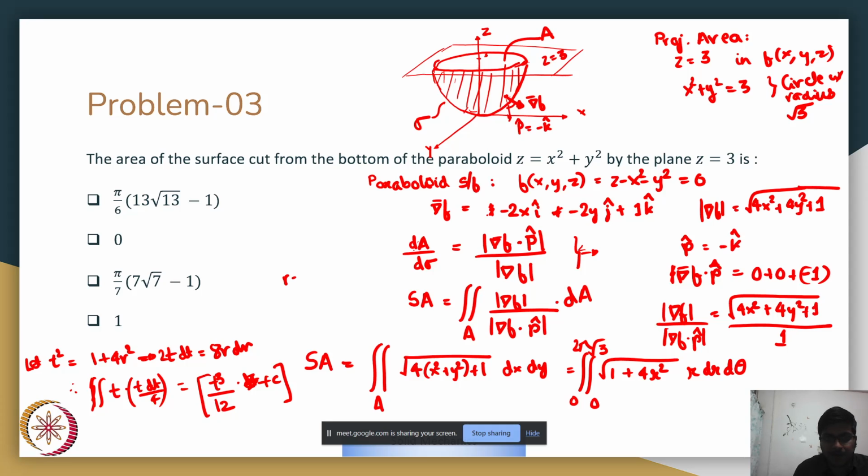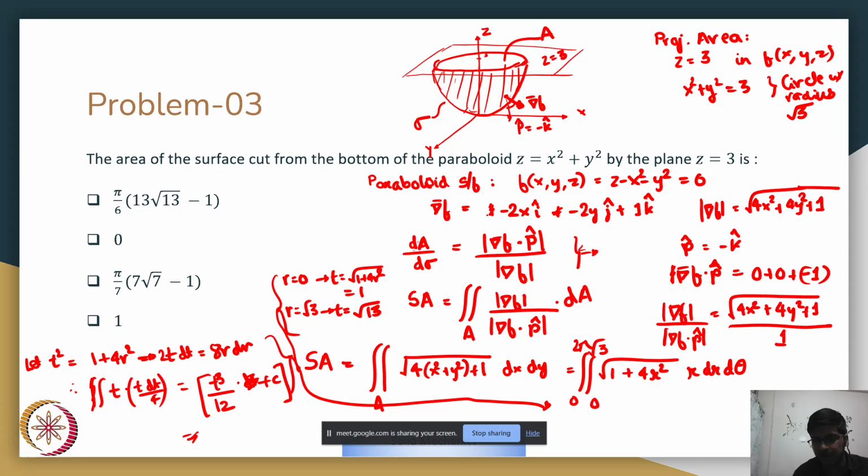When r is 0, my t is equal to root of 1 plus 4r square, which is 1, and when r is root 3, then my t is similarly root of 13. So if I substitute these two things in my surface area formulation here, I essentially end